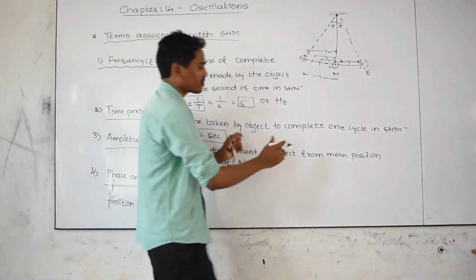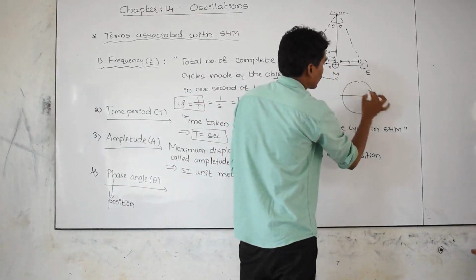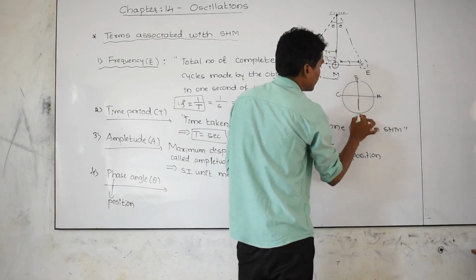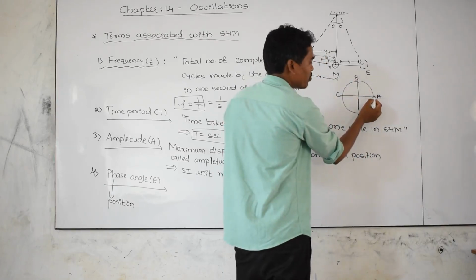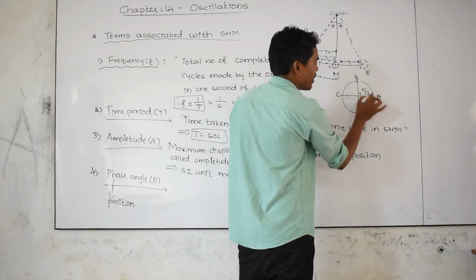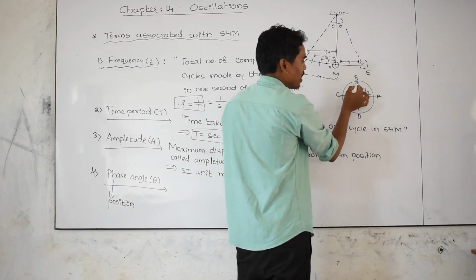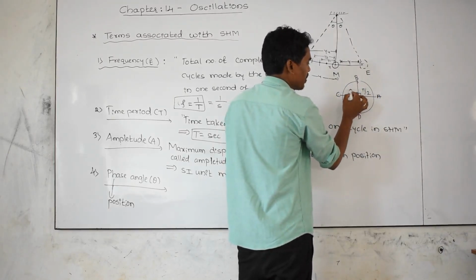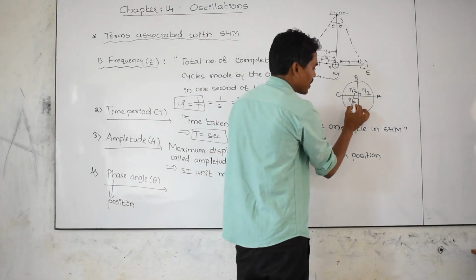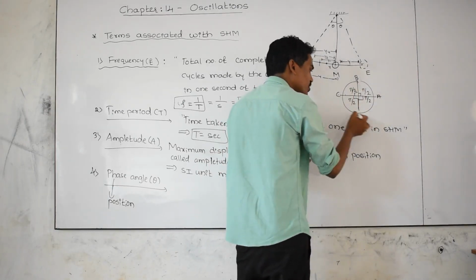Let us imagine this one; we are going to study with the help of circular motion. This is circular motion, and let us take this as A point, B point, C point, D point. If the object is moving from A to B, what is the phase angle? 90 degree. In terms of radian, pi by 2. If the object is moving from here to here, what is the angle between these two lines? Again that is 90 degree, in terms of radian, pi by 2. Again this is pi by 2, and again this is pi by 2.